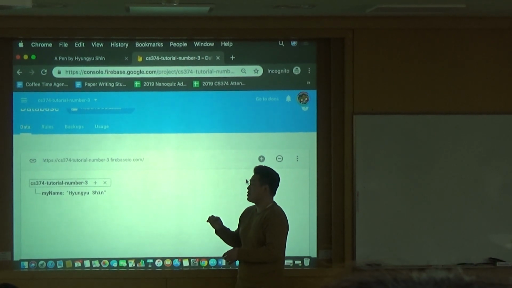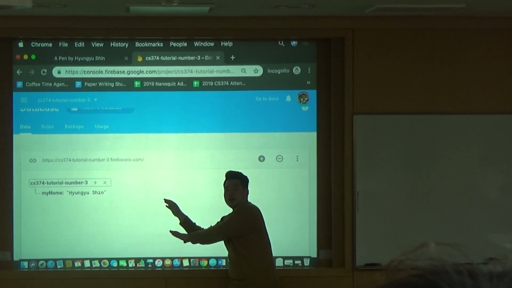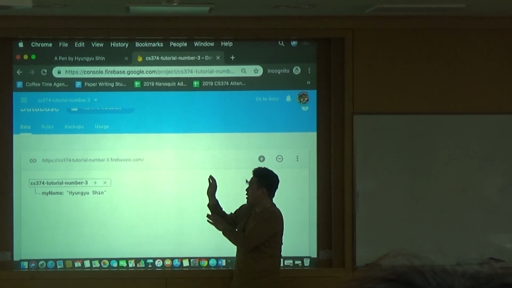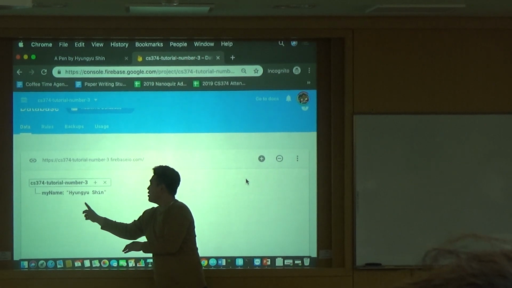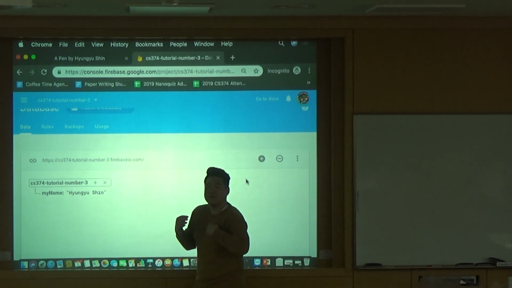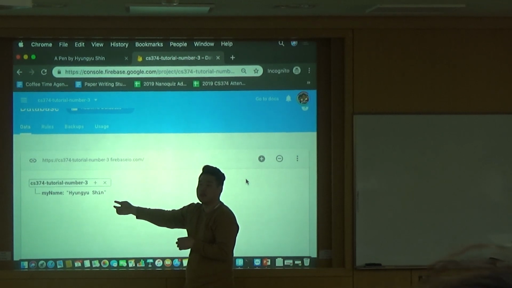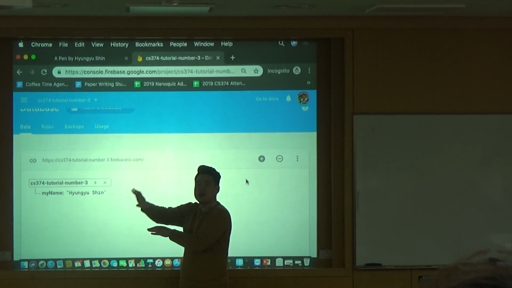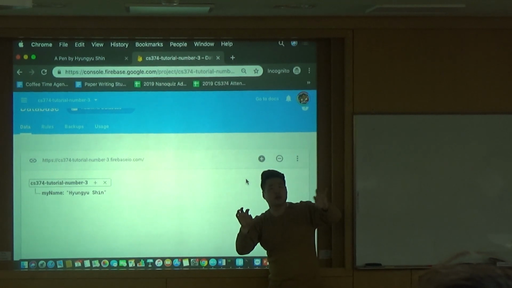So here, what's happening is that this is our database, and it shows all the data inside of this database, okay? And there's only one data. My name is equal to my name, okay? And it seems like it is kind of dictionary structure in Python, right? It is exactly the same. This format is JSON. There is key value, okay? So you can access your value through the key,